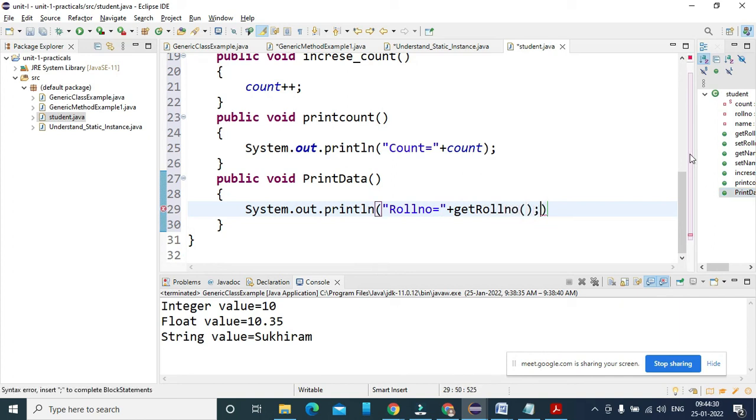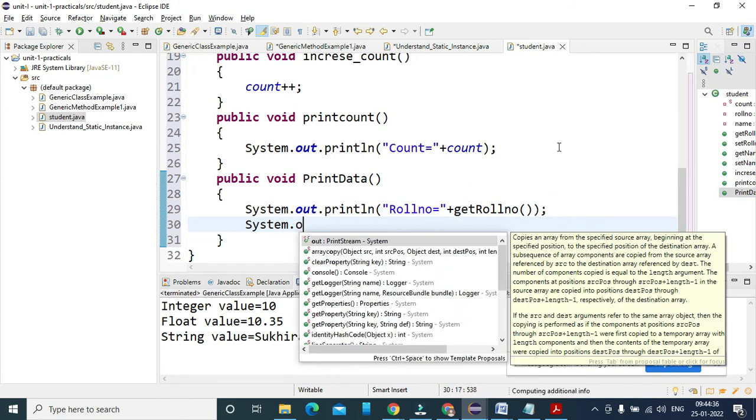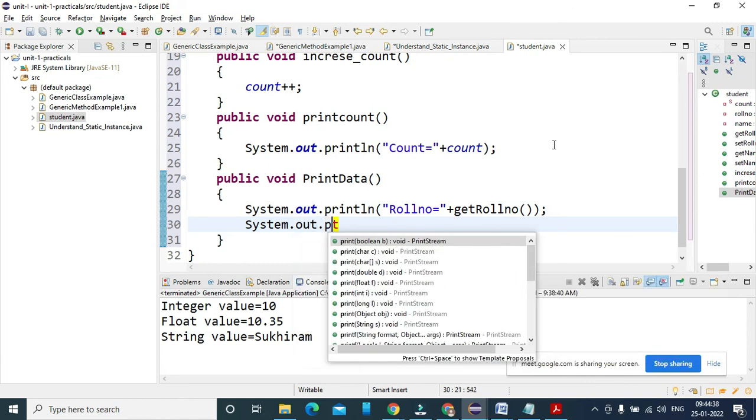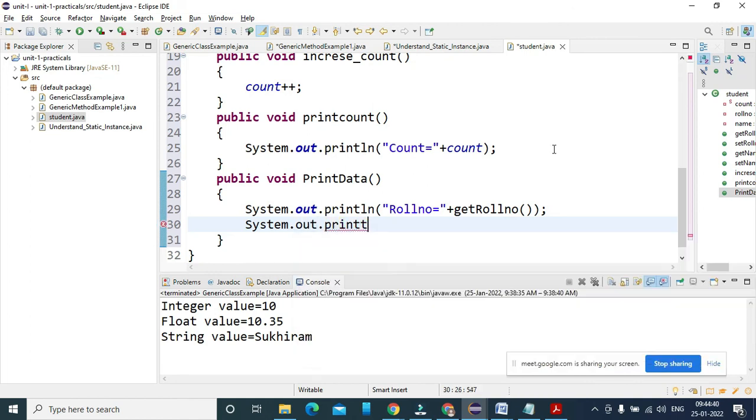So I'm going to print that roll number here, and System.out.println name equal to, and I simply write get name here. So it's going to generate a name.